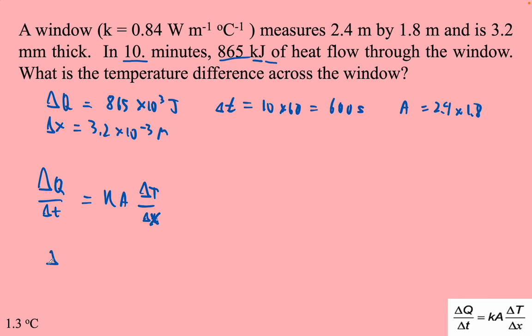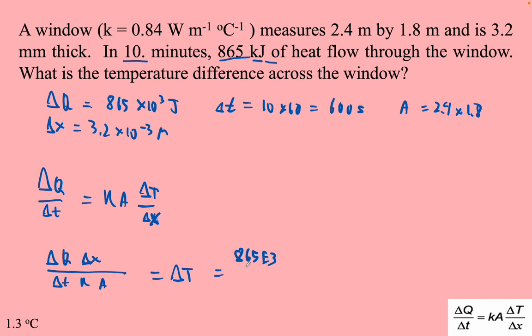Okay, so I'm going to go delta Q over delta T. I'm going to multiply by the thickness, divide by K, divide by the area. And that should give us the difference in temperature. So I'm just putting what these guys in the denominator on this side, and putting that guy in the numerator. Okay, so our difference in temperature is the heat,